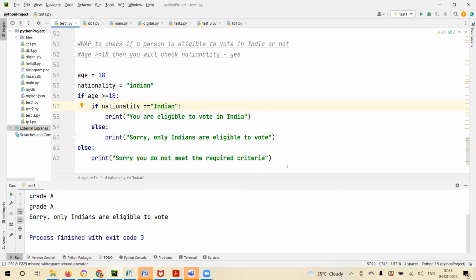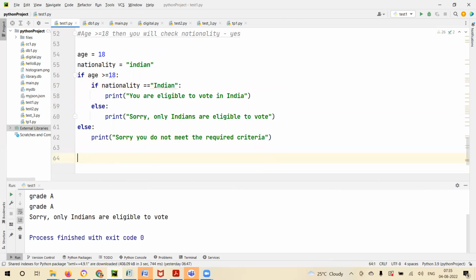So I'll give you one assignment. Try to do that today. Today we have done something new, so I'll end it here early. But I want you to practice all this. So the assignment question is: